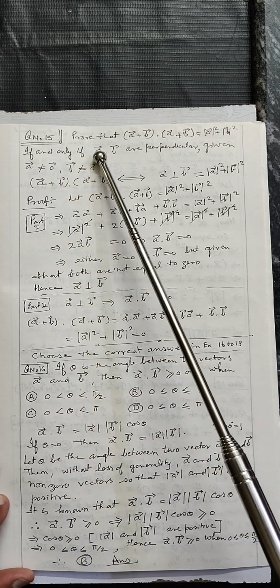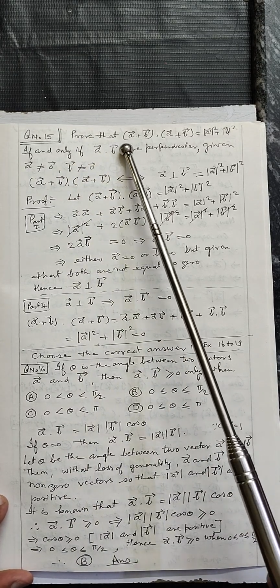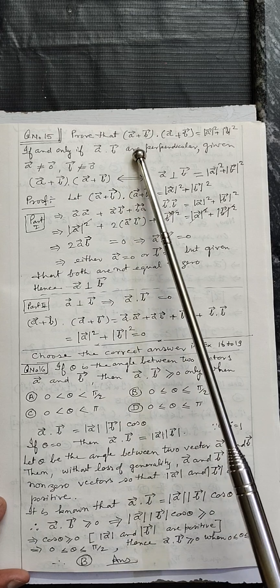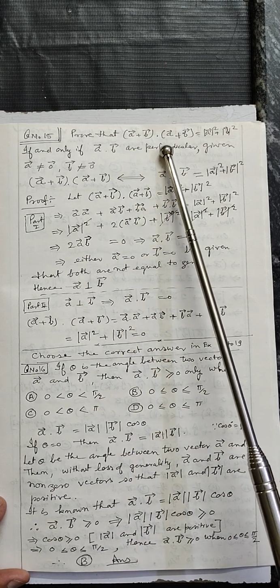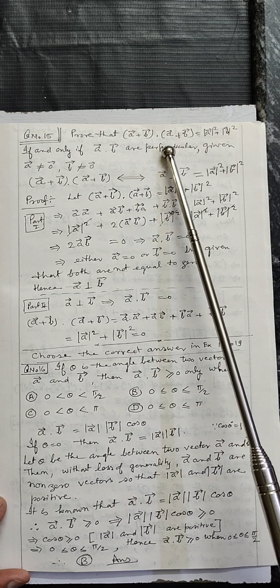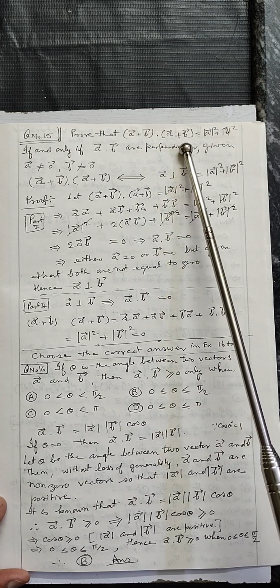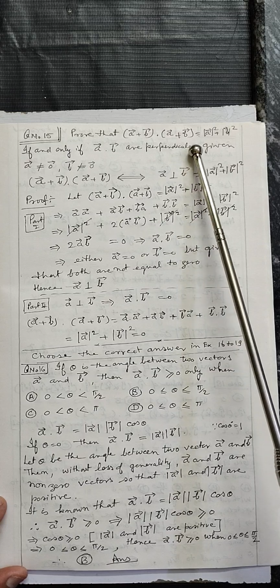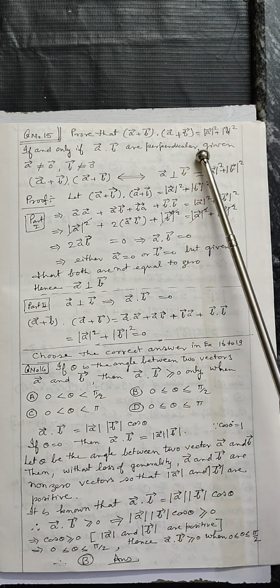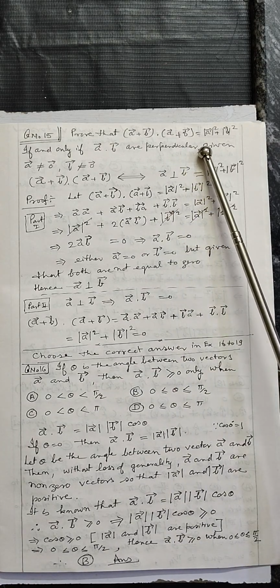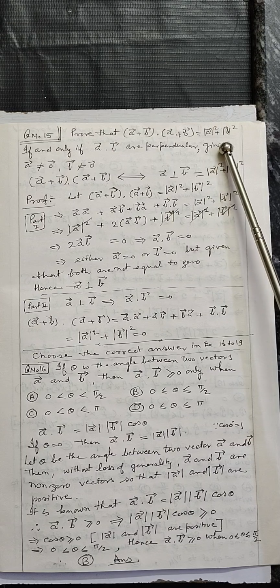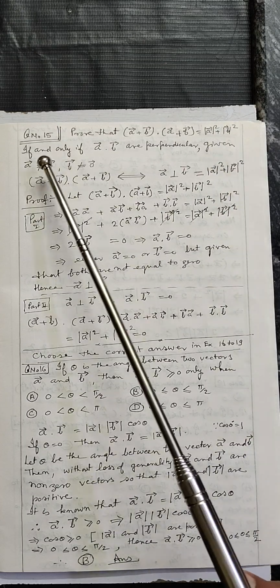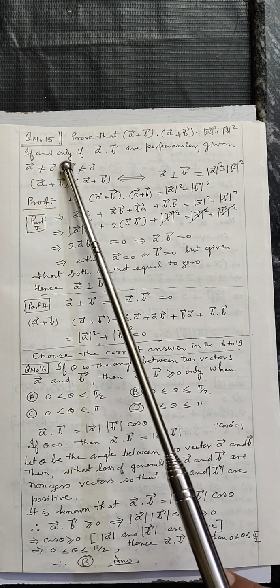Question number 15, prove that (A + B) · (A + B) will be equal to the magnitude of vector A whole square plus the magnitude of vector B whole square if and only if